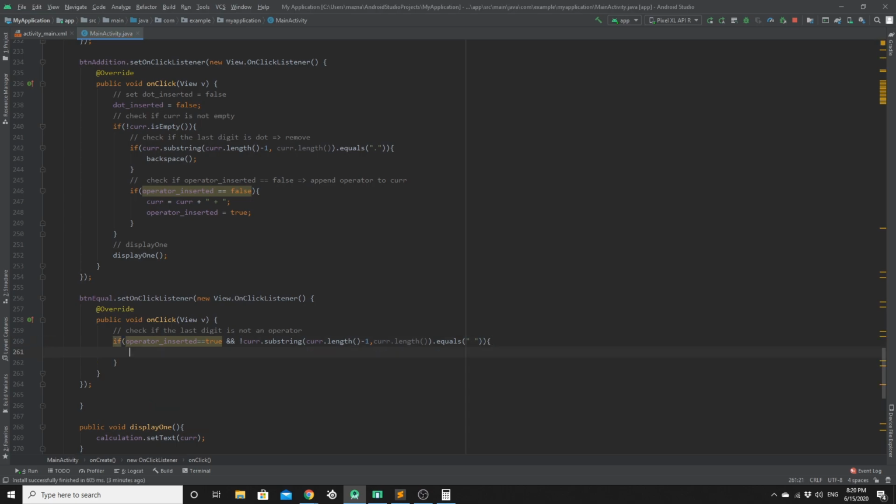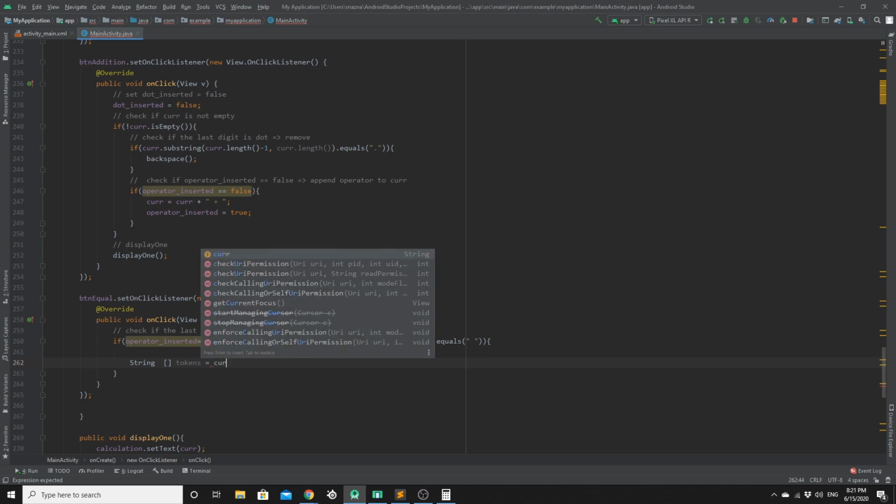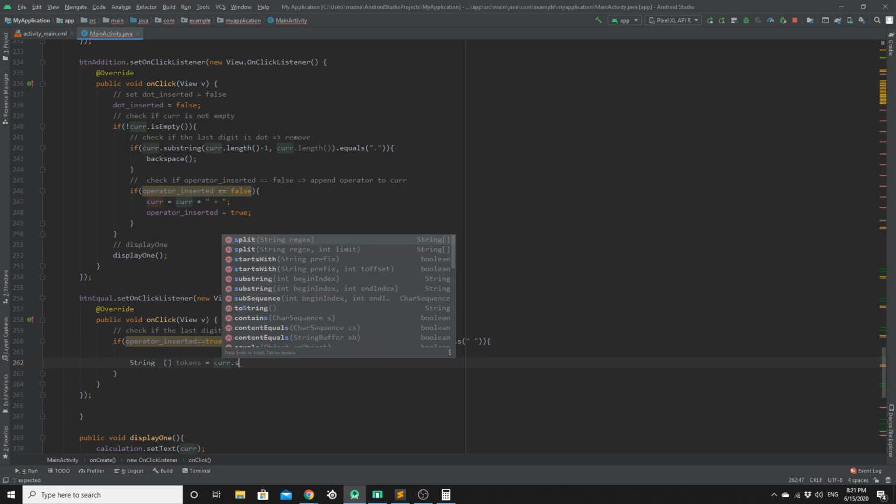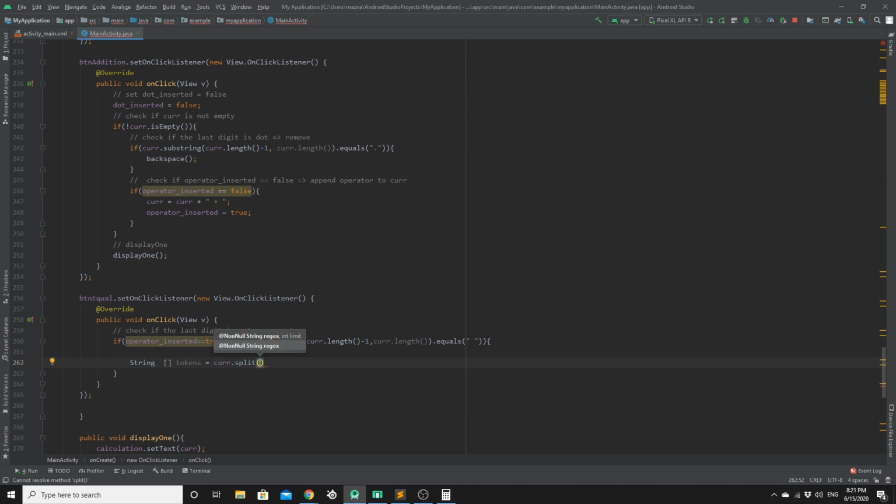So if this is true, then create an array of string array, and then we will call it tokens, and then we initialize it with current.split function,